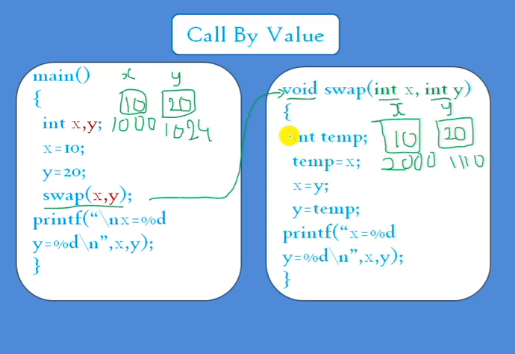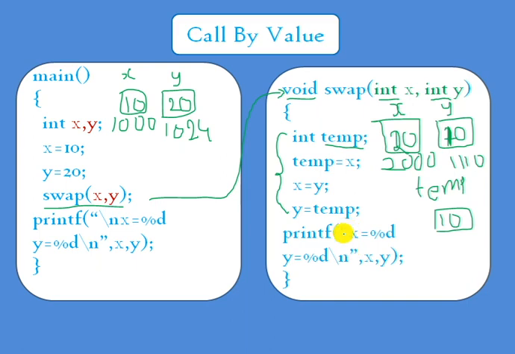So here I have the swapping mechanism, that means interchanging the values. I am taking a third variable temp and assigning x to temp. So here I have another variable called temp, and x's value is assigned to it. So temp has 10. Now x equal to y. What is the y value? 20. So x is updated with 20. Now y equal to temp. Temp value is 10. So this 10 is assigned here, and y is updated with 10.